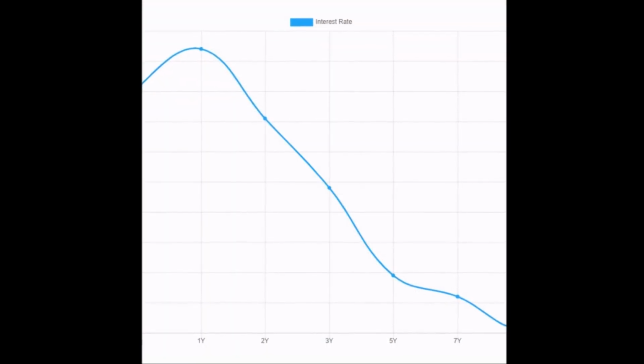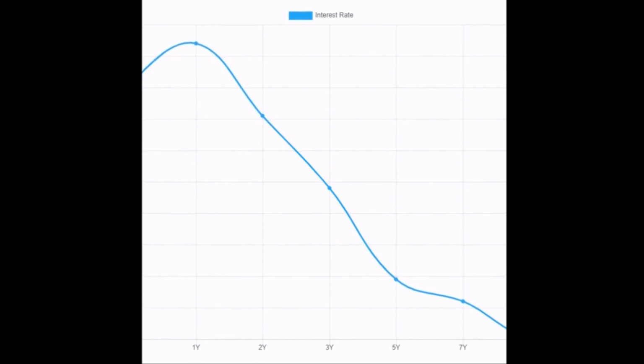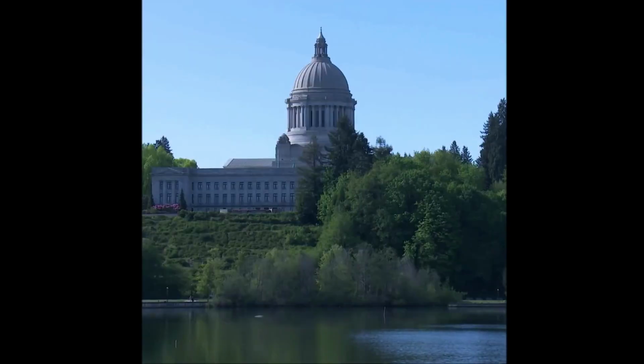The yield curve. The yield curve of the U.S. Treasury debt is a useful tool for monitoring investor sentiment, interest rate expectations, and overall economic stability. In a normal yield curve, long-term interest rates are higher than short-term interest rates. However, a yield curve can become inverted, showing long-term interest rates lower than short-term interest rates.